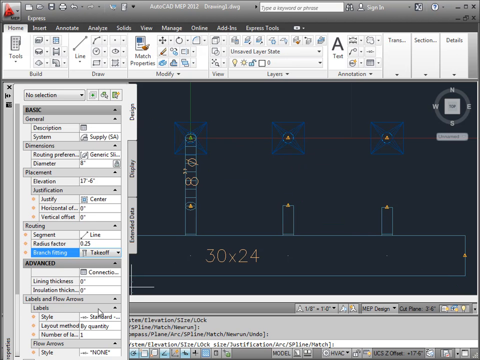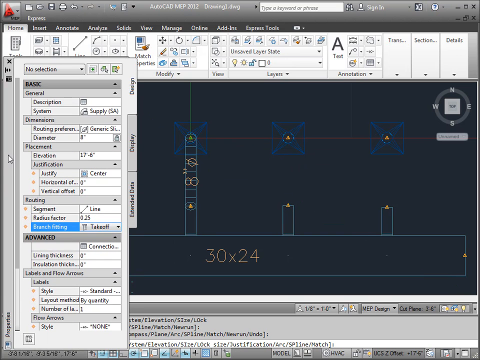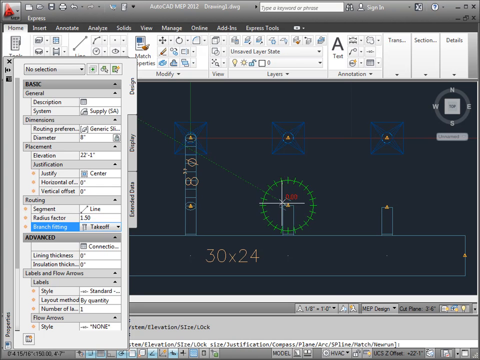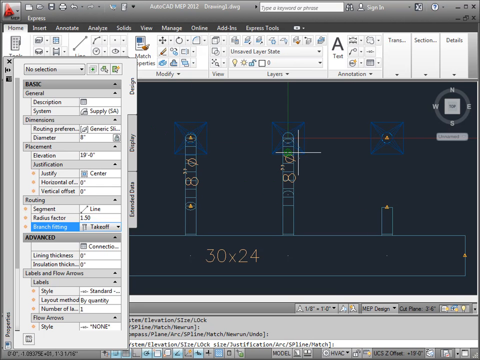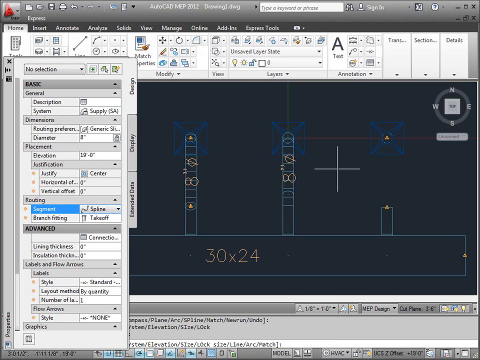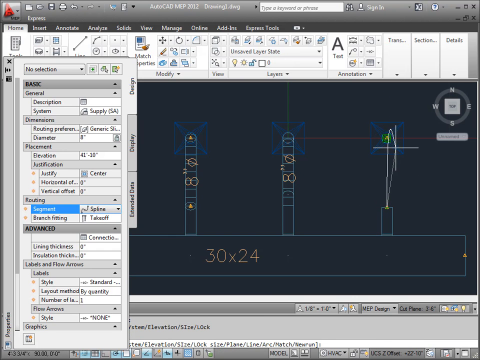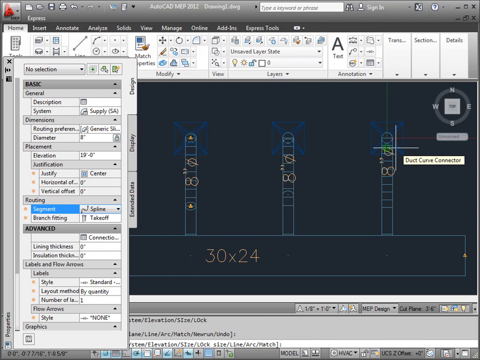I'm going to start a new run. So we've got this new run button here, and the next one I'm going to put it back at its default, 1.5. And then I'm going to draw again outwards. Okay, and then I'm going to start a new run, and this time I'm going to change this to a spline segment, and I'll come from the spline out. Okay, that arc one,